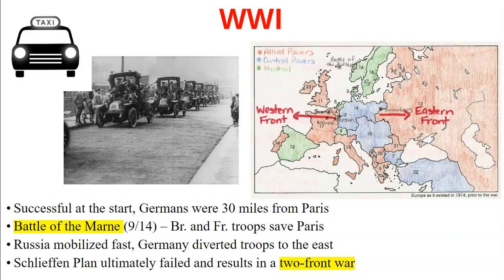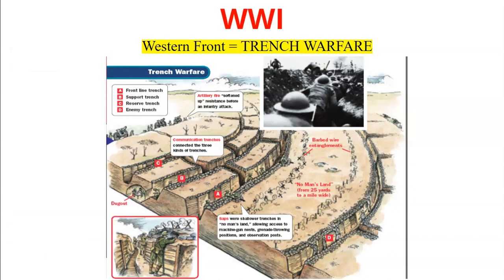Germany goes to the east, and they go to the west, and they're having to fight on both ends. The Western Front here is a 400-plus mile stretch of land that weaves through France and Belgium from the Swiss border to the North Sea. And we'll have some pictures in a second, but it's good to see here what their trench warfare was. Some of you are very familiar with this, some of you aren't, but you will get very familiar with this.